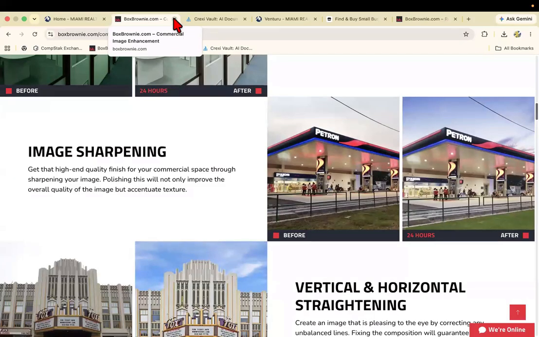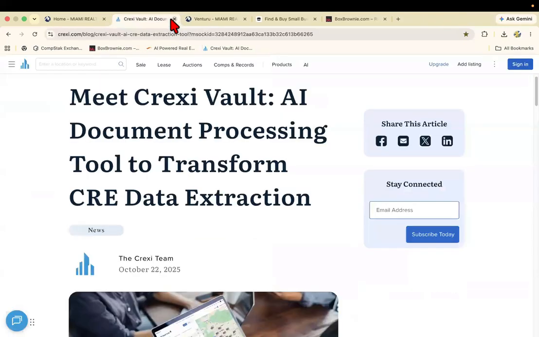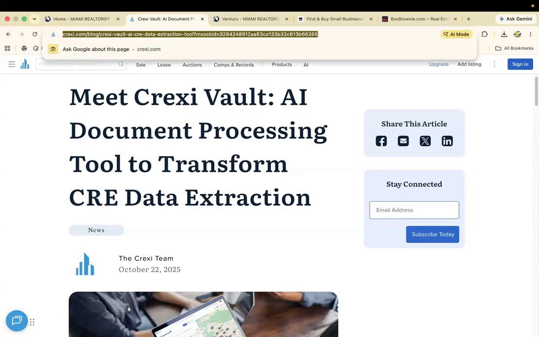All right. Another recommendation I have, especially if you're a dedicated commercial agent, is Crexi. Crexi is a website where there are listings, including listings that are just on Crexi, but those listings do go to RPR. Okay, but when it comes to AI, what they have for commercial agents is a dedicated document storage capacity